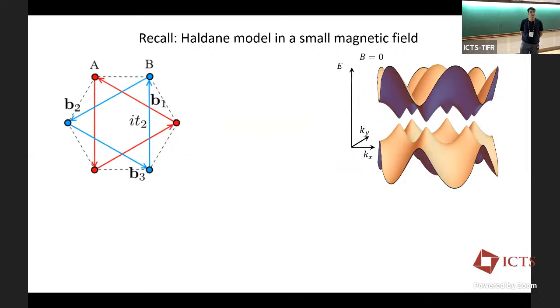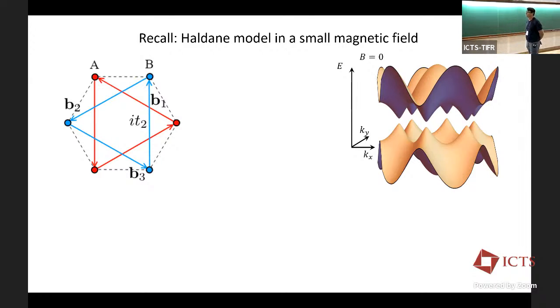So just to give you a feeling for how this works, let's consider the Haldane model as a toy model to study. And we're going to apply a small external magnetic field to this. So I'm sure all of you know this famous model. Imagine electrons hopping on a honeycomb lattice. They can have nearest neighbor hopping, but in addition to the nearest neighbor hopping, they can also have next neighbor hopping, and these next neighbor hoppings are complex so that the electron effectively experiences a flux which is on average zero, but otherwise non-uniform and non-zero